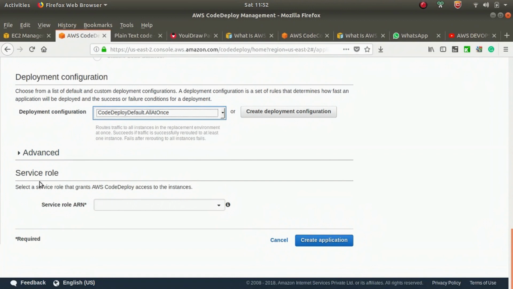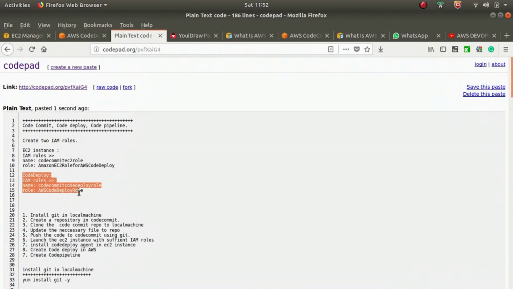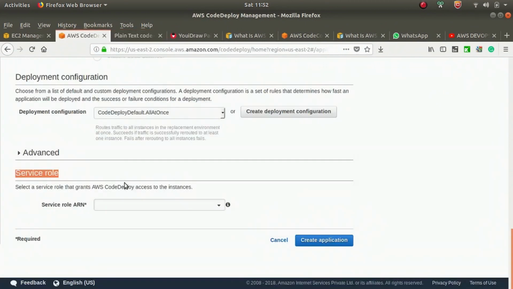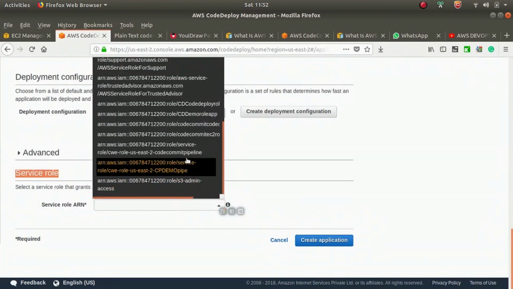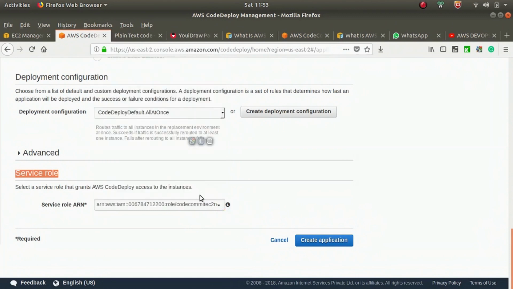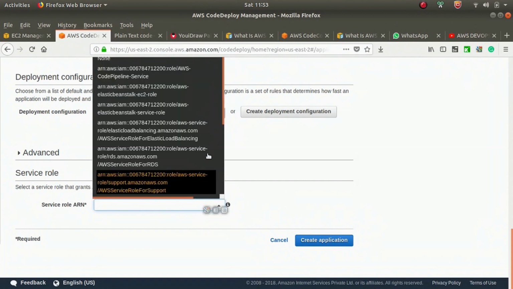Then in the advanced option, service role, we need to select the IAM role which we created first time. First time we created 2 roles, one for EC2 and one for CodeDeploy IAM role, and that role should be selected here. It's a bit difficult to select that role from here. This is an EC2 role, sorry.